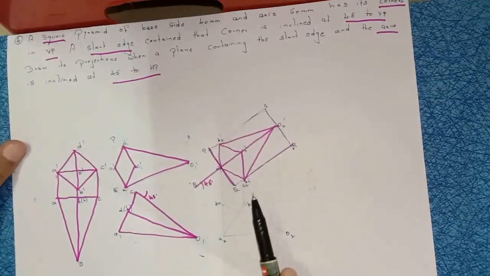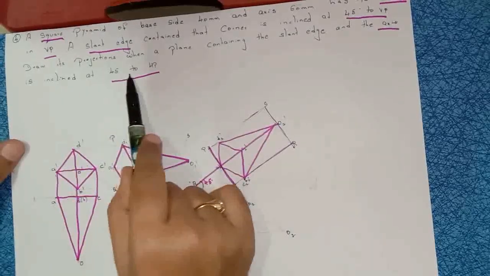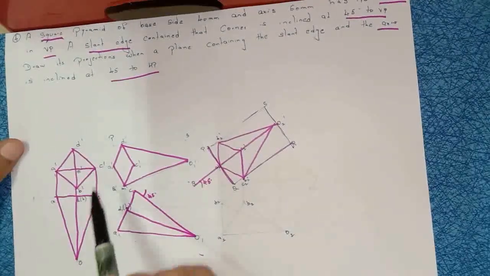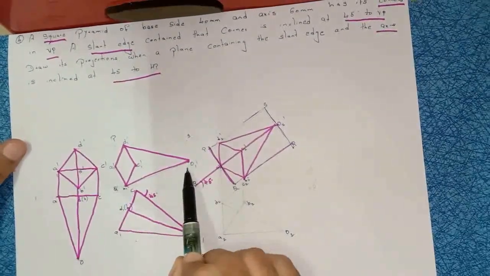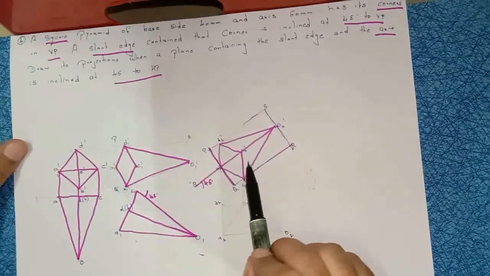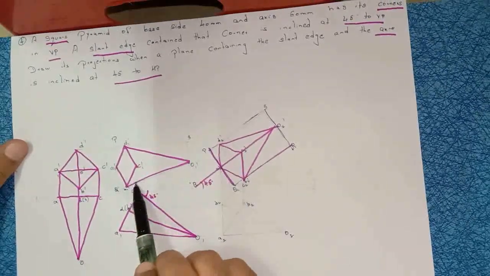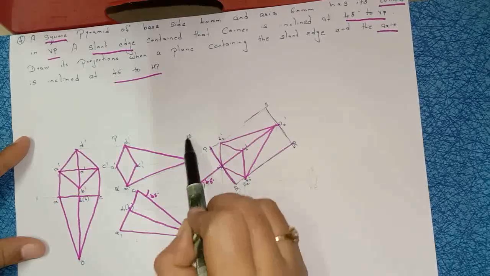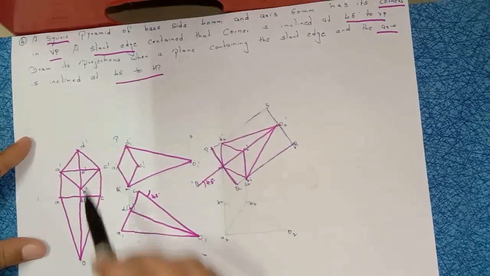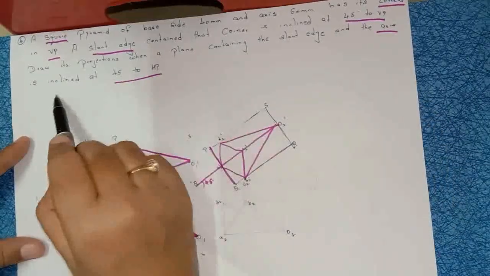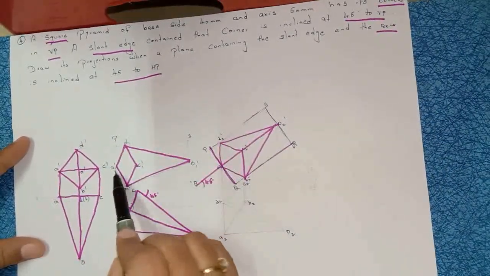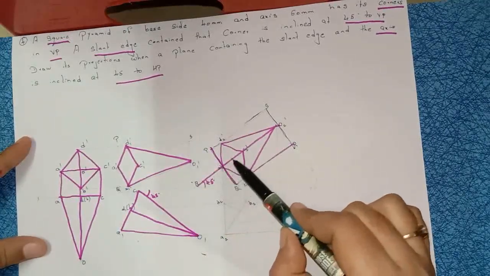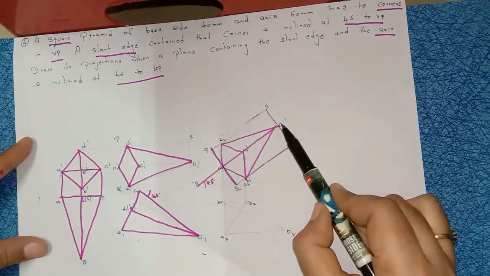Now coming to the third position. What did they mention? The axis is inclined at 45 degrees to HP. They clearly mentioned that the axis is inclined. So see here, A1 dash to O1 dash is the axis line. Whenever you are drawing this third position, assume that the second position is in a box. So I am considering from this corner to this corner, P, Q, R, S is a box. First, they mentioned the axis inclined at 45 degrees, from A1 dash to O1 dash. This is the axis line. So first draw the axis line of any length.